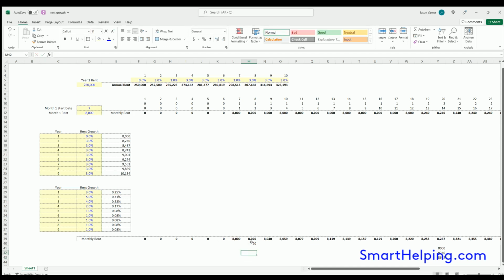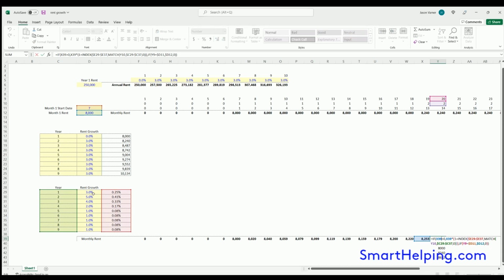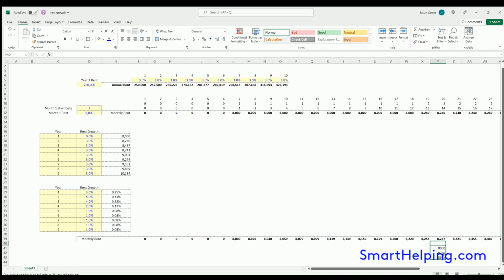True. Okay. So we compound it 1, 2, 3, 4, 5, 6, 7, 8, 9, 10, 11, 12. Month 13. I see. So here's what it is. Month 13, we now are going by a 5% compounding growth rate. So we're increasing by a little bit of a different amount in this year. If this were 3% again, then yes, month 13, we get to 8,240, which is the same as this. But if we're going at 5%,